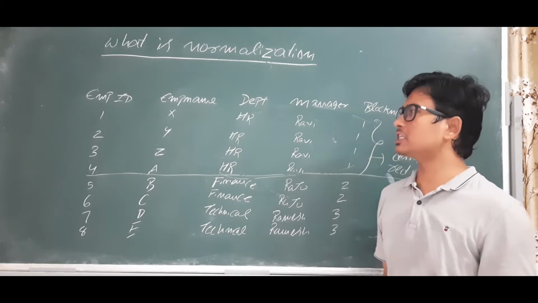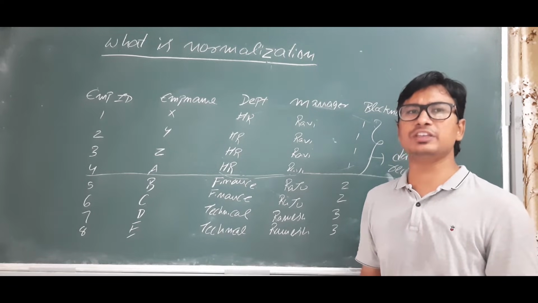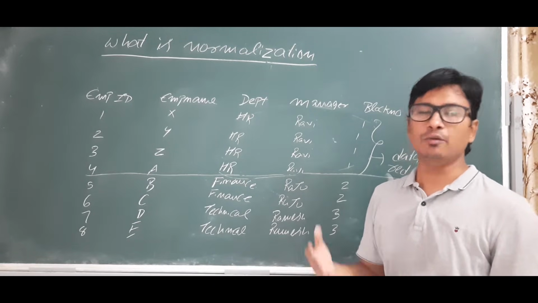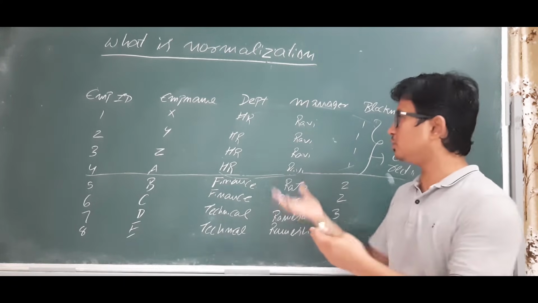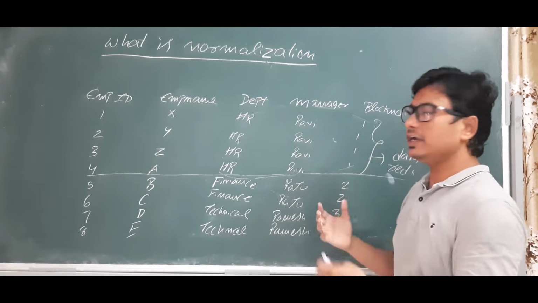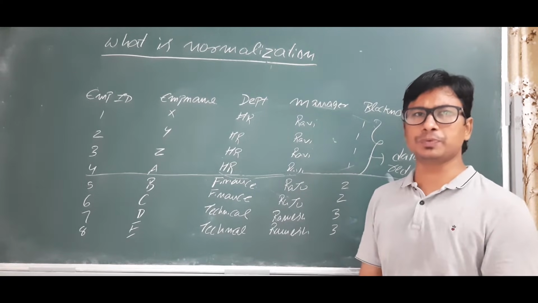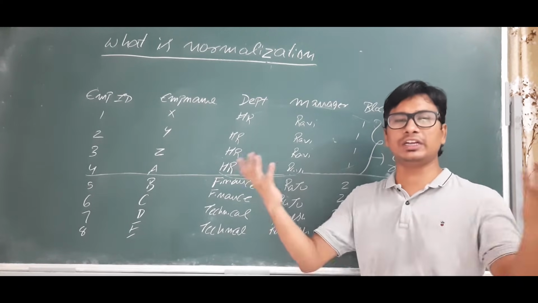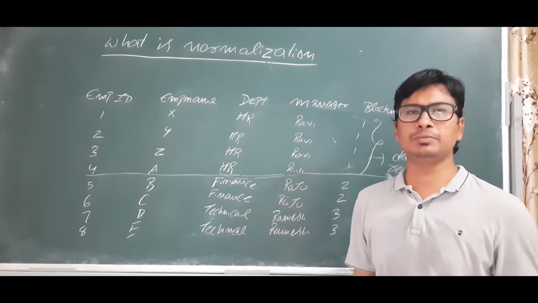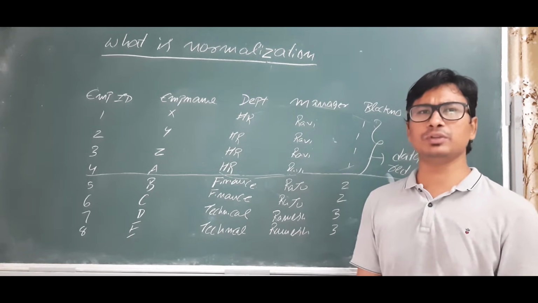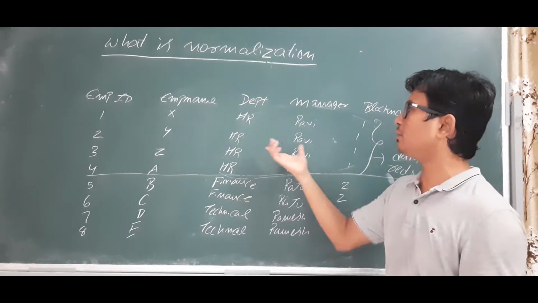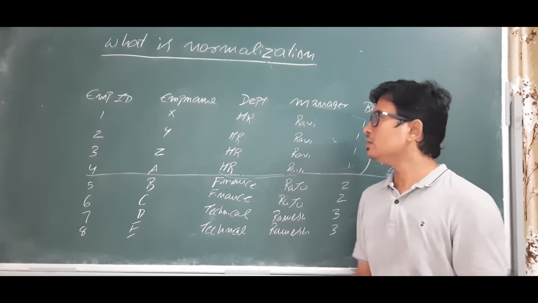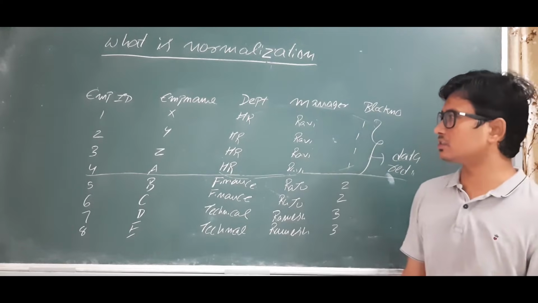Now, you can ask me, sir, what is the problem we will face if we have data redundancy? One problem is storage, because if you are storing redundant data, you are wasting storage space. Then you can ask, sir, we have a 1 TB or 512 GB hard disk, why should we worry about storage? But we will face other problems if we have data redundancy. So what are those problems, we will discuss now.